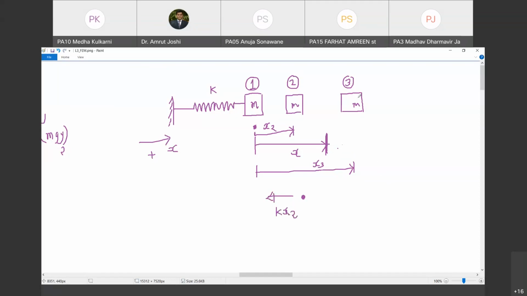Yes, sir. What will be the spring force at position number 3? k x3. Very good. And during the motion of block of mass m from position number 2 to position number 3, does the spring force remain constant or does it change? Constant. You are contradicting yourself. K is the spring constant. kx2 is the force at 2. kx3 is the force at 3. Is it the same? No, sir.